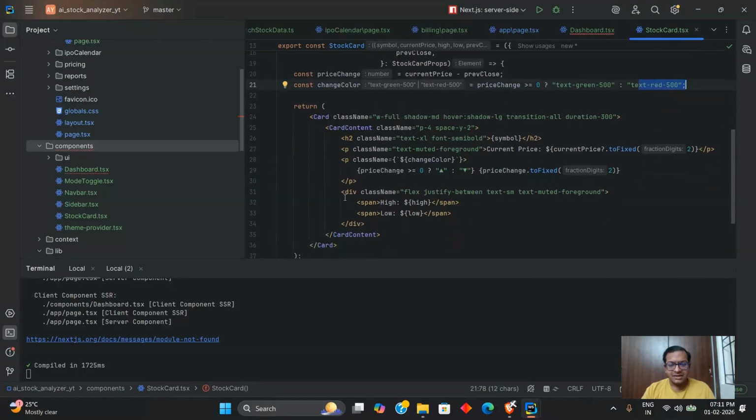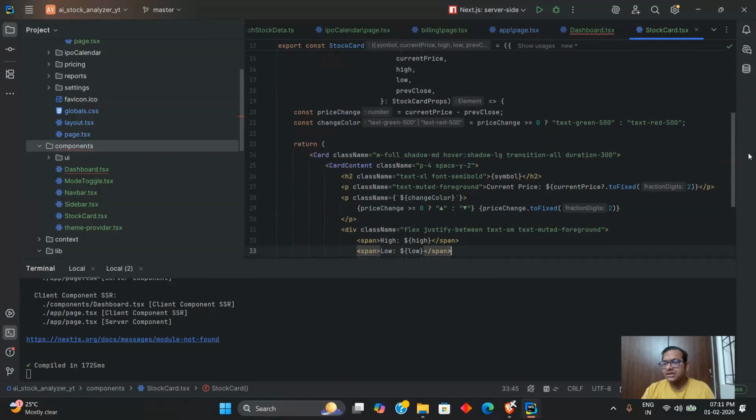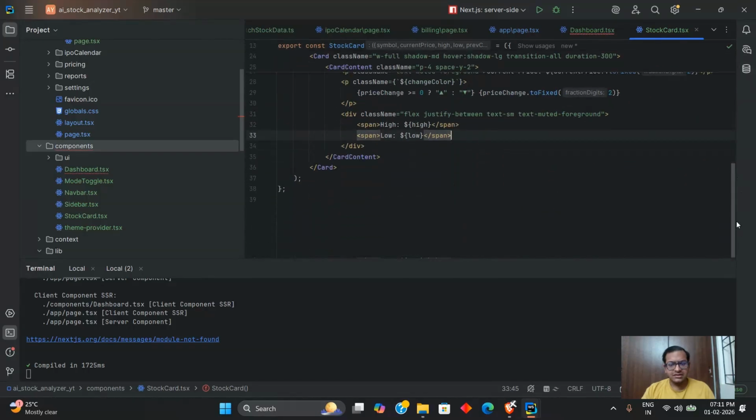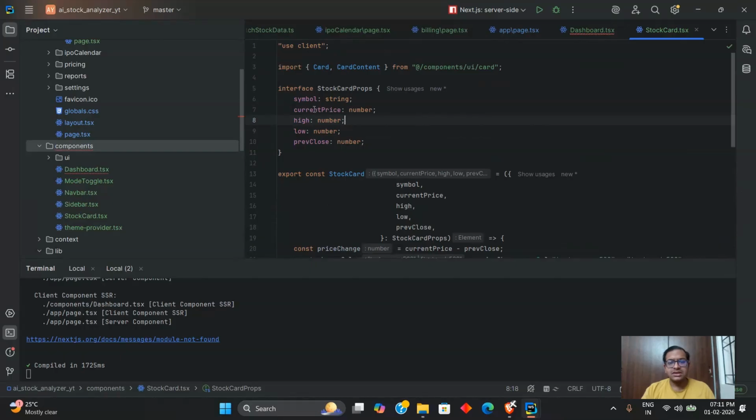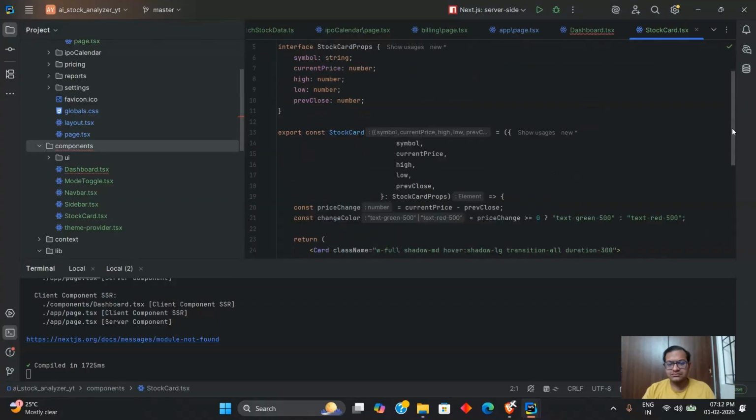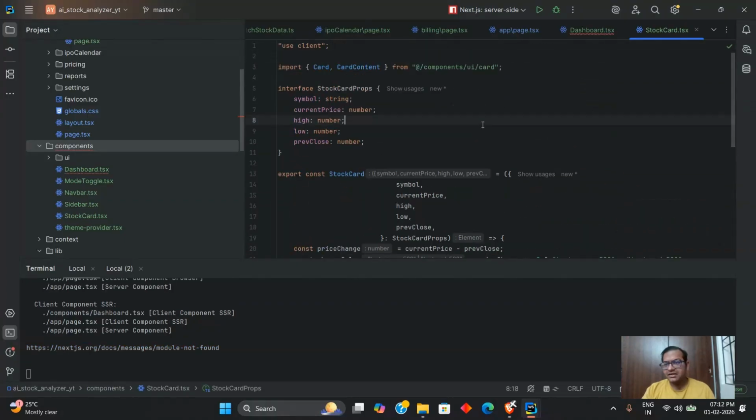And the high and low, all the information I'm getting. Now let me check if there is any error in this file. No. Again, I'm also using use client here, so keep that in mind. Let's see if it shows some error with use server. Better keep it use client. So save this file,